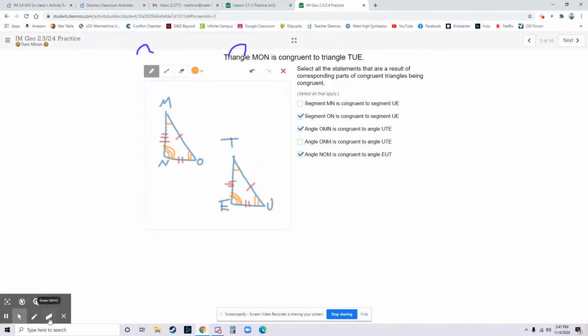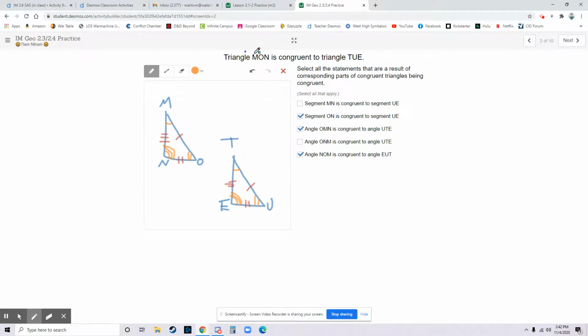Okay. Triangle MON is congruent to triangle TUE. These are the things that I said are true. I also drew a little picture. Obviously, we don't have one to begin with here, but if you want to make one to help you out, I think that can be useful. I made the pictures and then I marked all of the things that I knew had to be congruent,